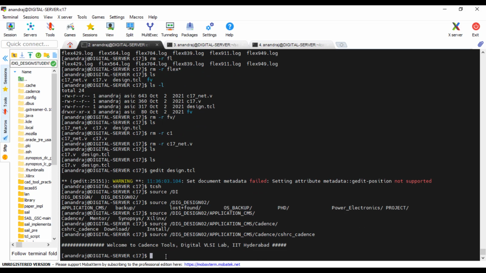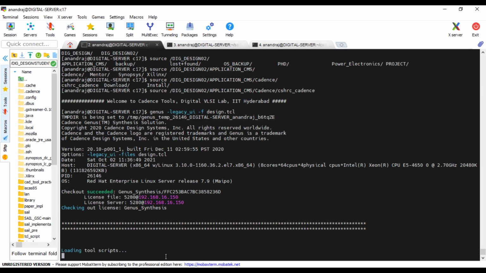Now for Genus, what you have to do is write genus -legacy_ui mode, user interface mode, then -f, and then the name of that Tcl, so design.tcl, and then press enter. Now see, it is checking the license and loading the tool scripts.